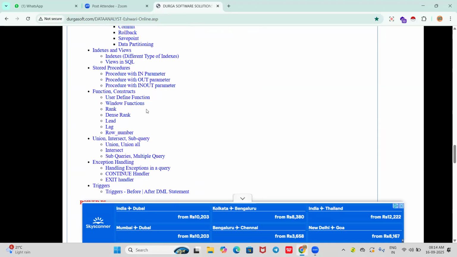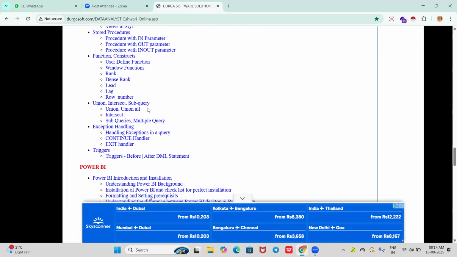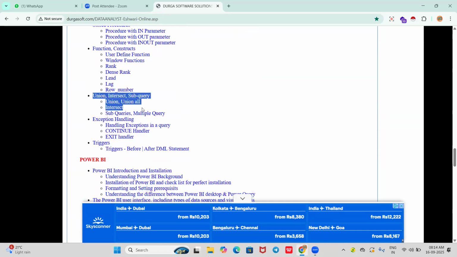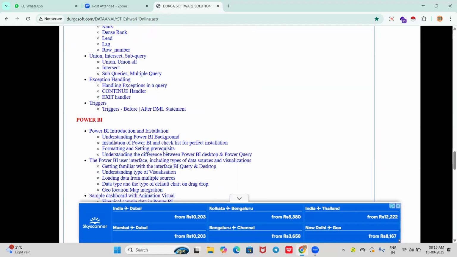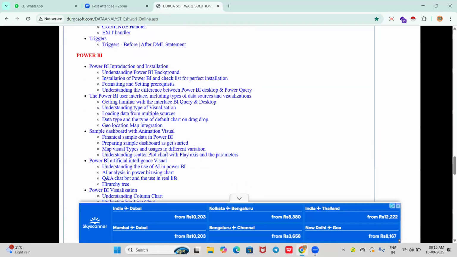What is an index, what is a view, what are functions, right? Here we have functions and constraints, and what is union, intersect, and also the subquery with it, and exception handling. Triggers we can give as before trigger and after trigger. This is completely at the SQL developer level of knowledge, right?